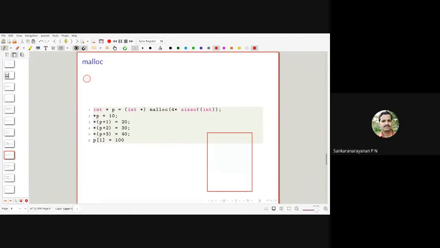Suppose this is address 2000 and size of int is 4, then 2000, 2001, 2002 and 2003, and the next integer will be at 2004, then 2008, and this will be at 2012.